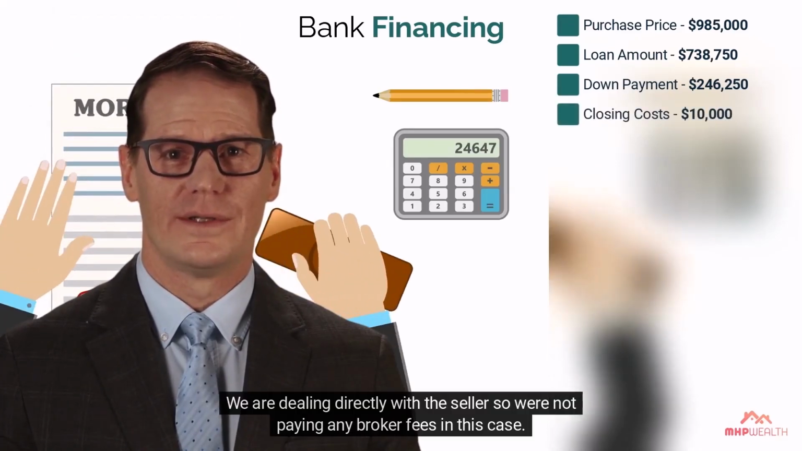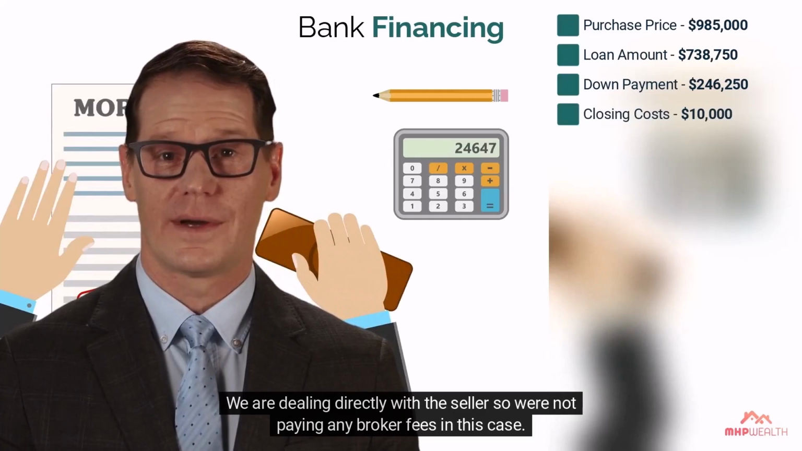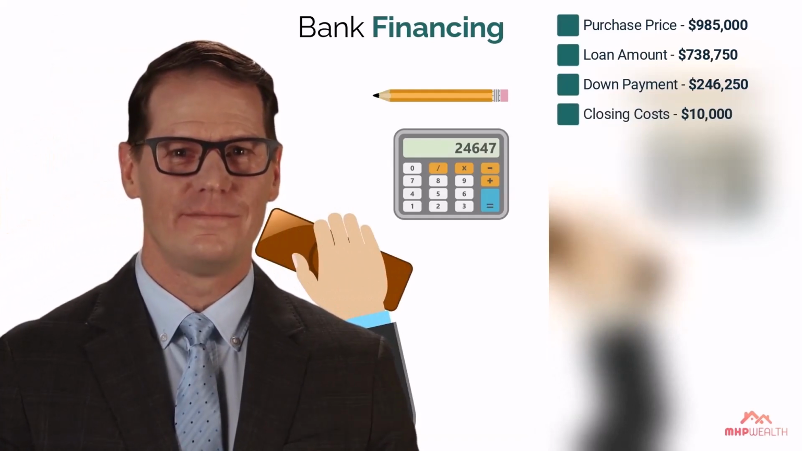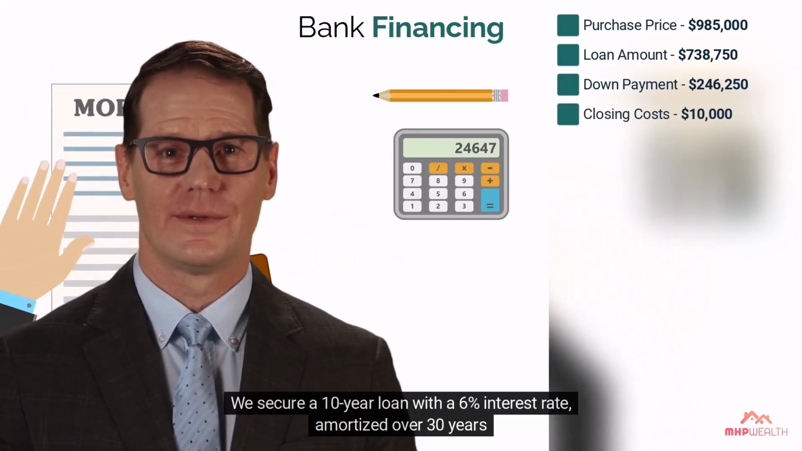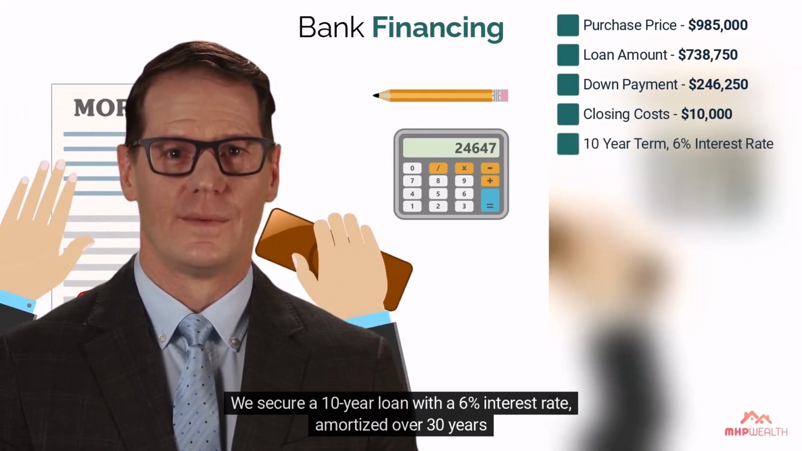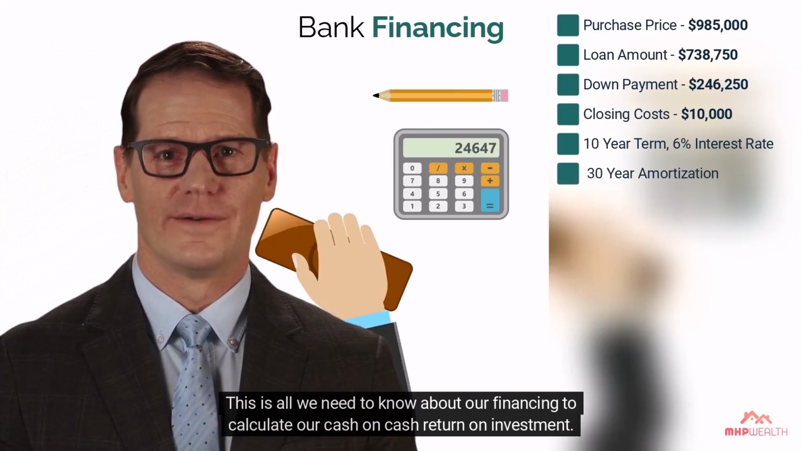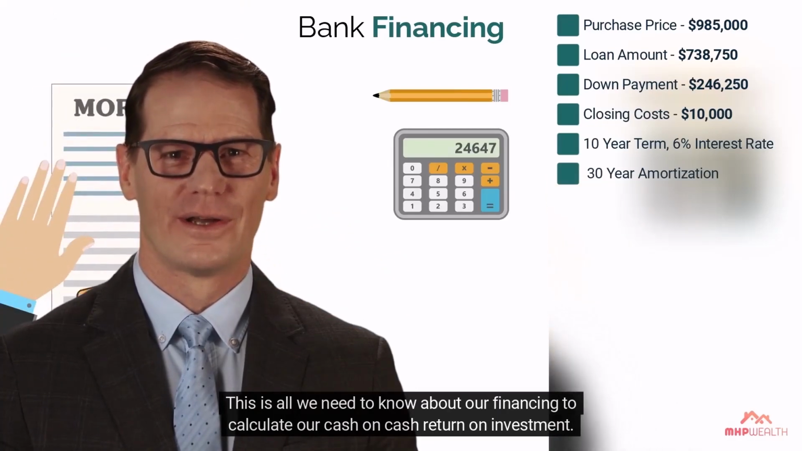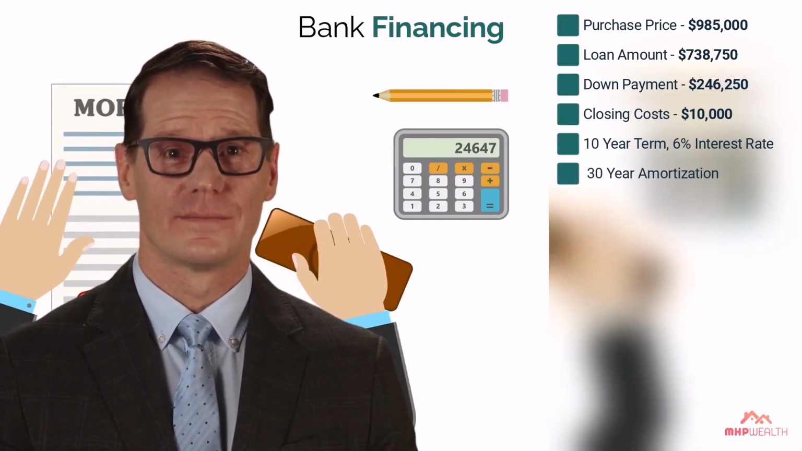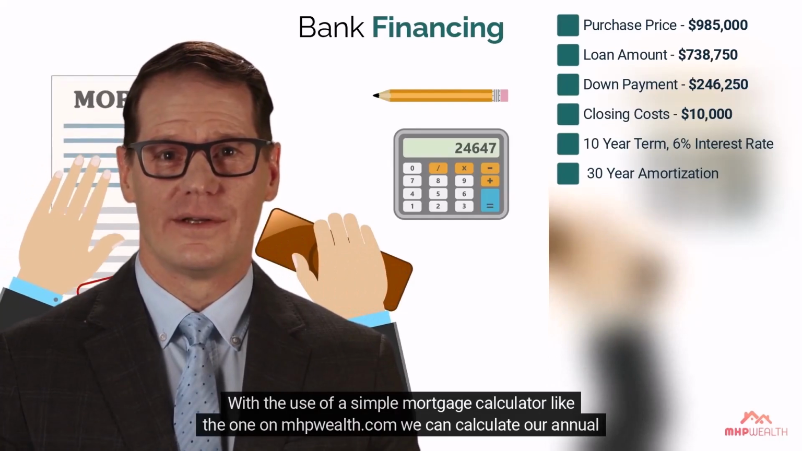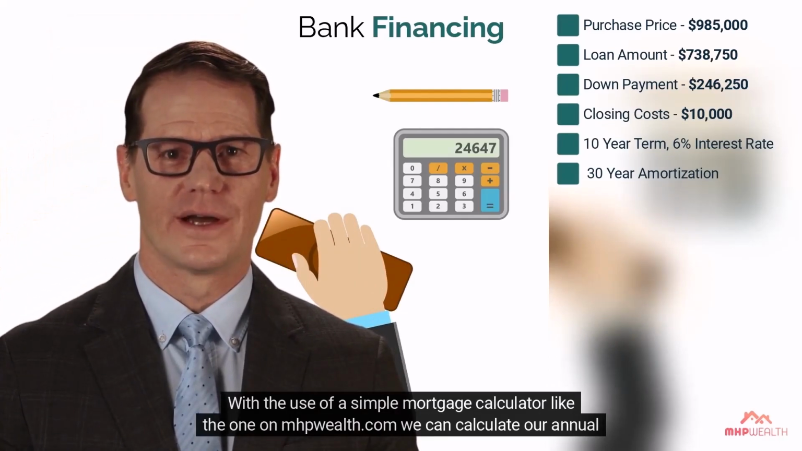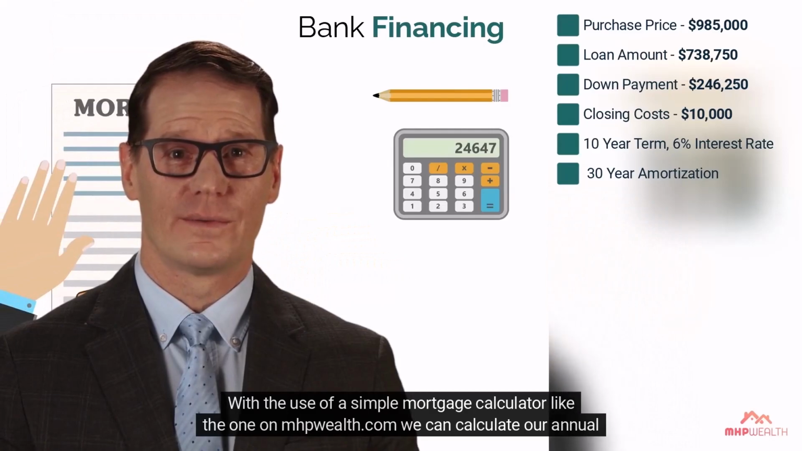We are dealing directly with the seller, so we're not paying any broker fees in this case. We secure a 10-year loan with a 6% interest rate, amortized over 30 years. This is all we need to know about our financing to calculate our cash-on-cash return on investment. With the use of a simple mortgage calculator, like the one on mhpwealth.com, we can calculate our annual mortgage cost